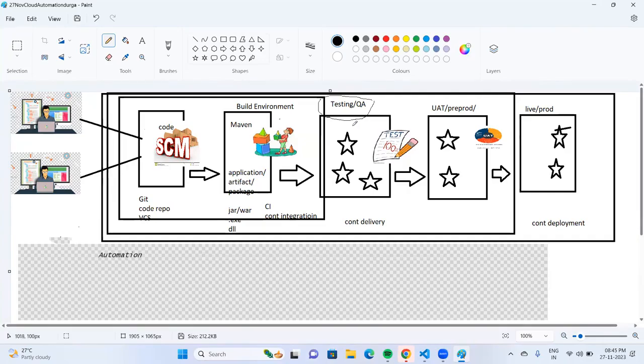If everything is okay, we still cannot give this product to my customer, as it must be tested thoroughly by the customer. So we are going to promote the code into another environment called pre-prod or UAT, user acceptance testing. Once my customer feels satisfied,